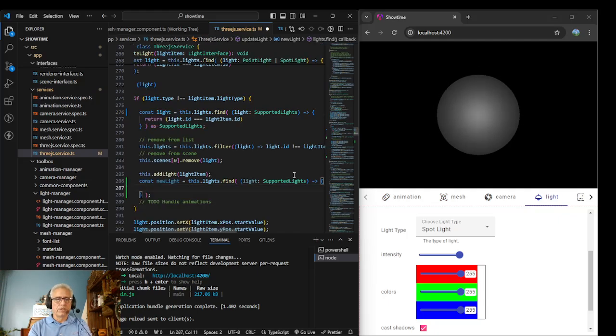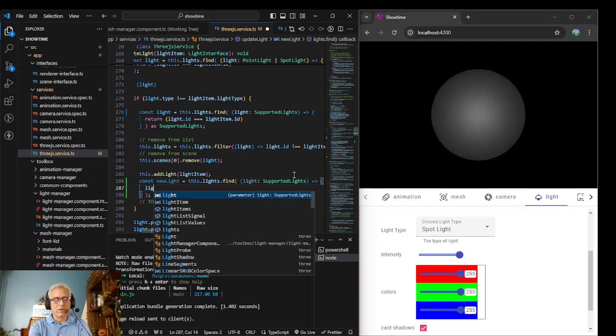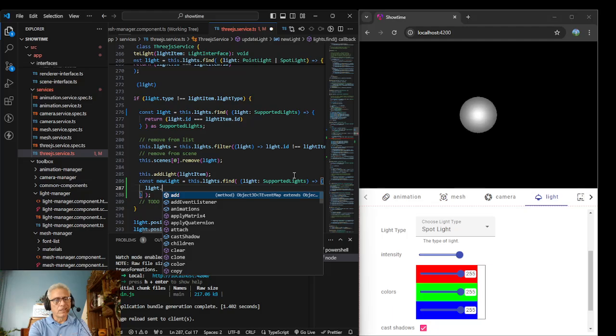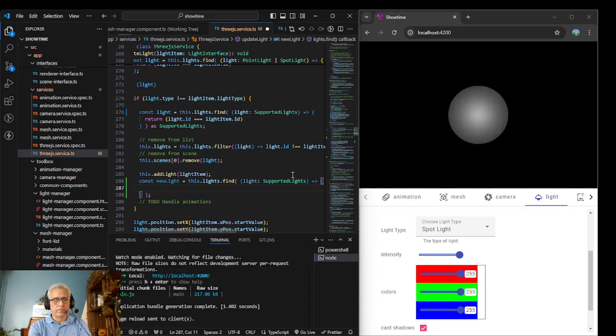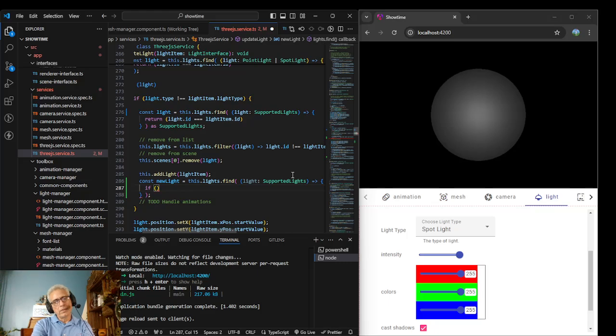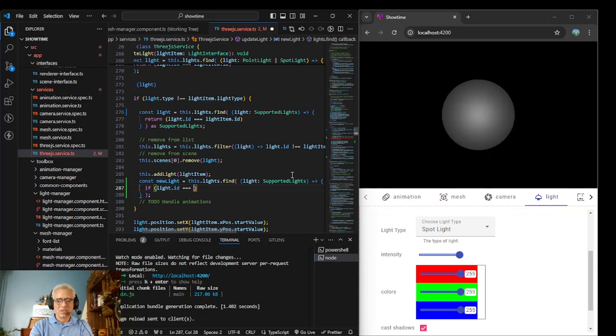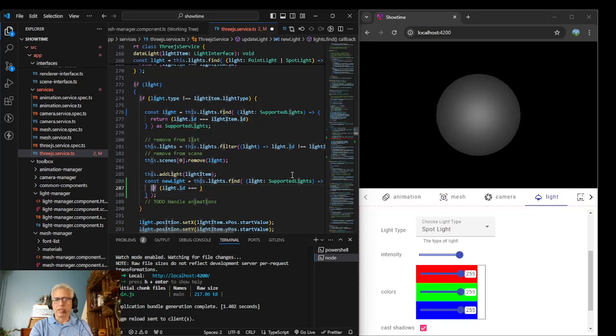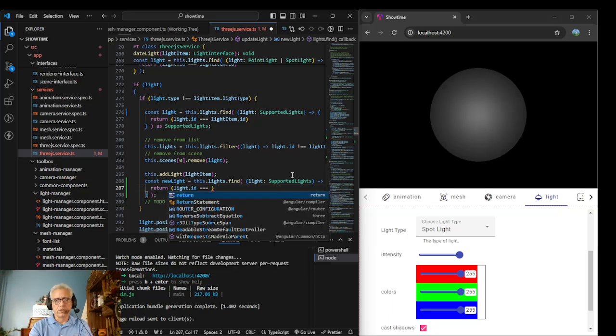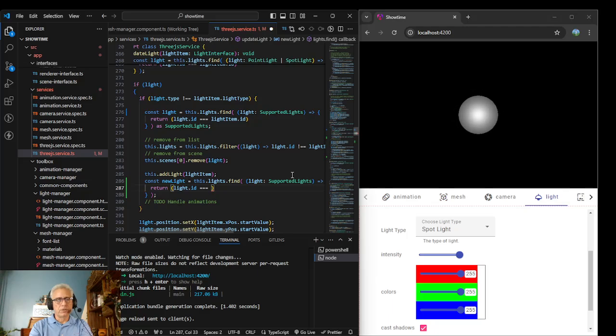And what we're going to do is return the light that we find if light.id is equal to, so I think if we return true, it gives us our light back. So return light ID is equal to